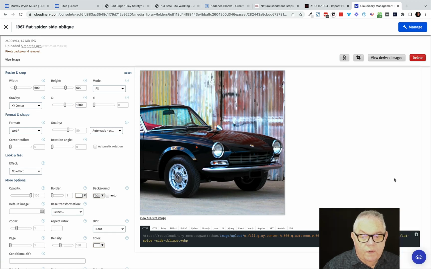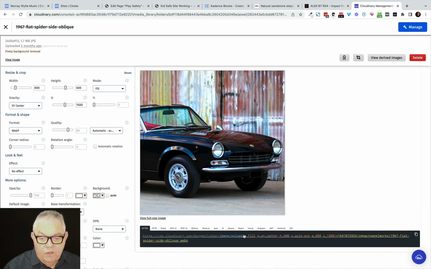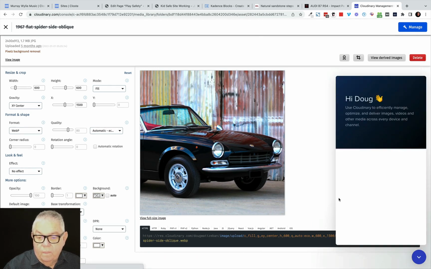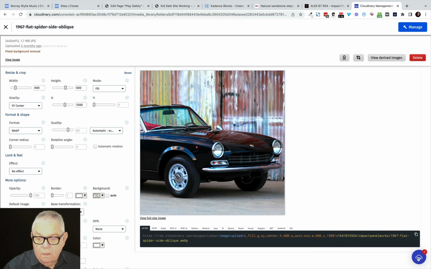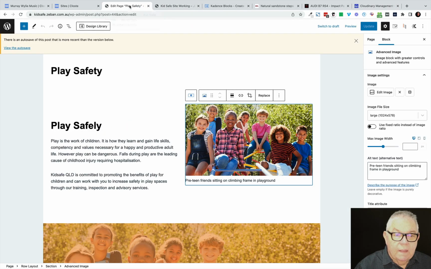So now all we do is, this is a URL which says there's the original image, but we want to make these manipulations to it and save it in WebP. So we don't really want that. That one I wanted. So we've copied that now, and we're coming back to here, and we're going to replace